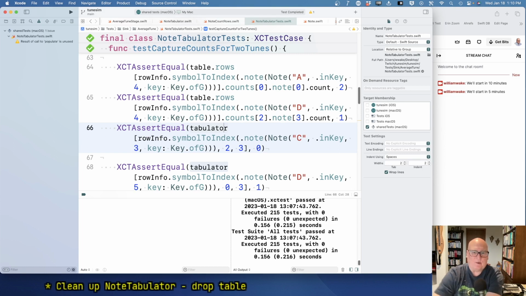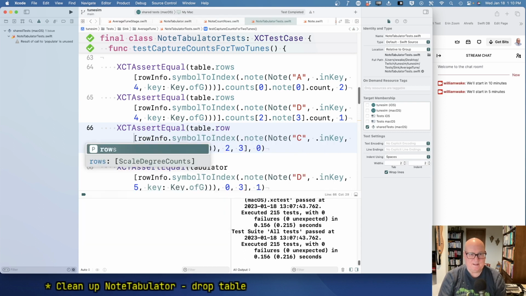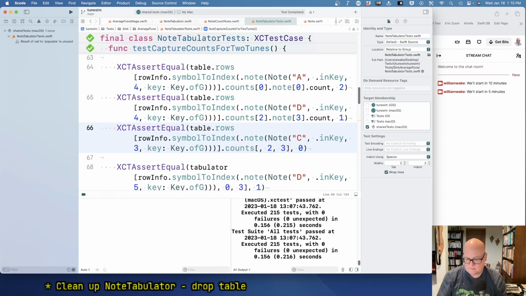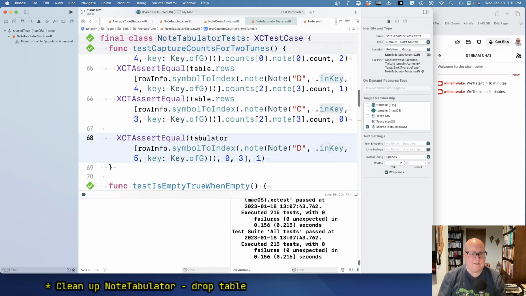Now it was happening before. We just had a three level index, or subscript. Table.rows of this dot counts of 2 dot note of 3 dot count, and finally